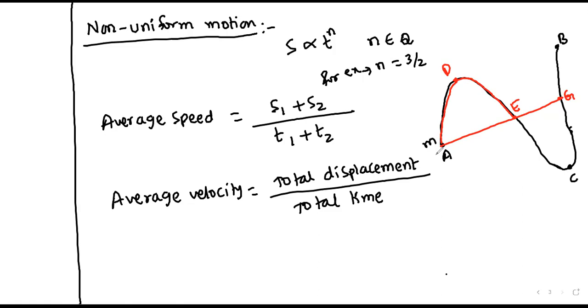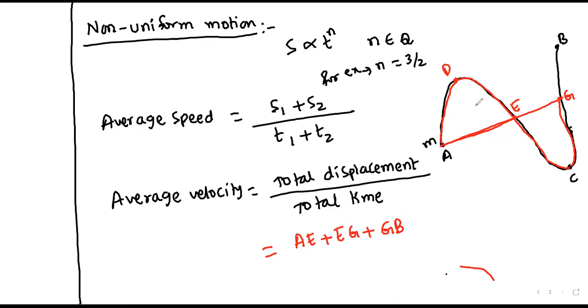So the displacement of AE is zero, right? Similarly, EC, how much it is decreased, that much it is increased along CG. So displacement here also is zero. So here I'll write displacement means AE plus EG plus GB. That is my total displacement. Can I say? Is it right? Yes, sir.